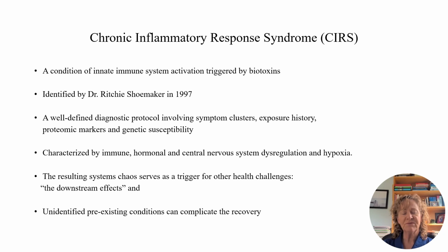And so to review, chronic inflammatory response syndrome is a condition of innate immune system activation triggered by biotoxins, and there are many biotoxins that can trigger CIRS. For the purposes of this conference, we're talking about mold primarily. Identified by the genius of Dr. Richie Shoemaker in 1997,